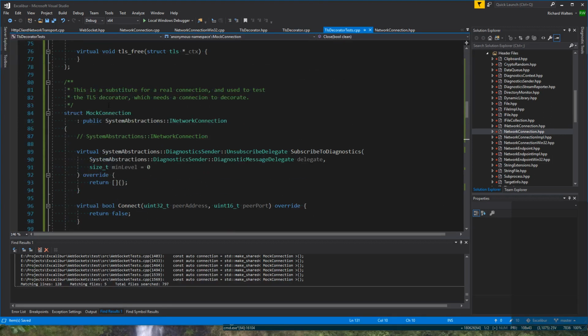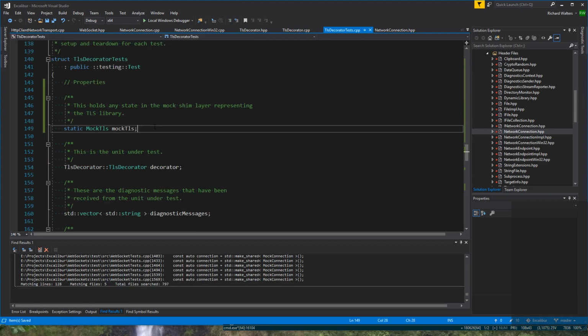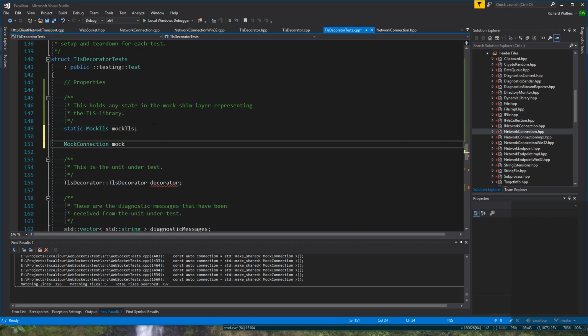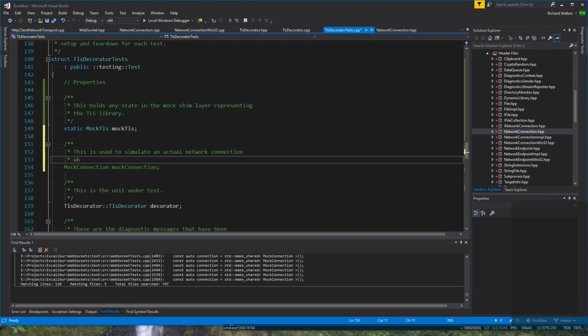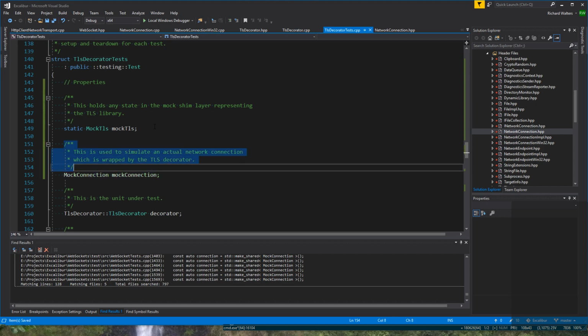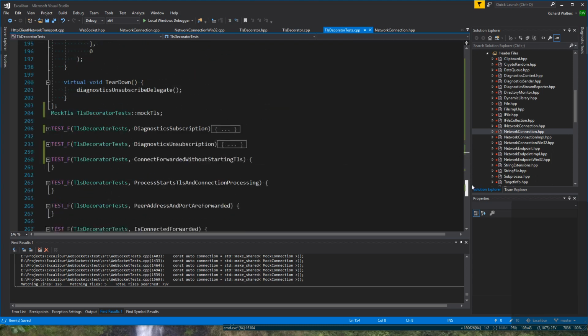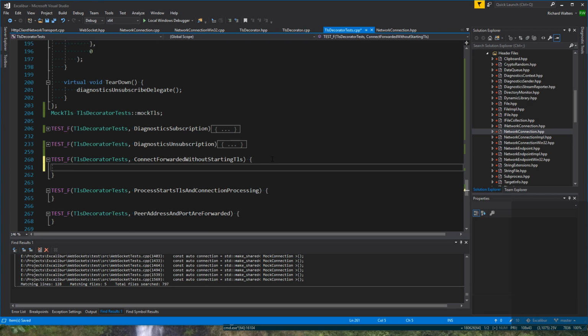Okay, so there's a mock connection. Let's put one in our fixture. And we'll say, this is used to simulate an actual network connection, which is wrapped by the TLS decorator. Alright, so now that we have a mock connection, this connect forwarded without starting TLS, is we can say decorator configure,